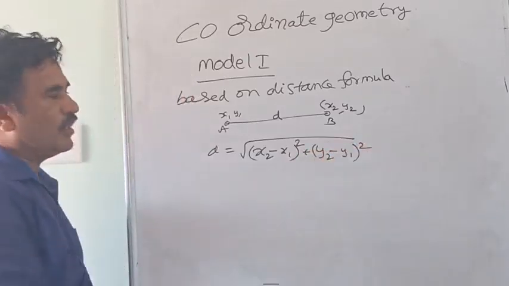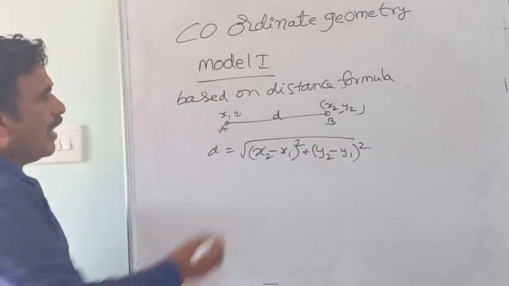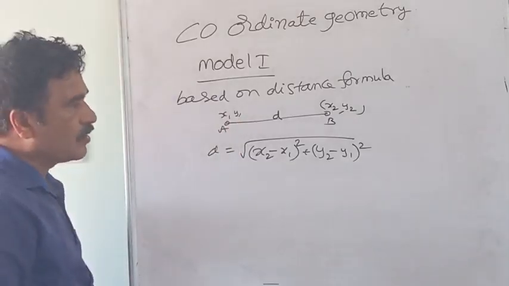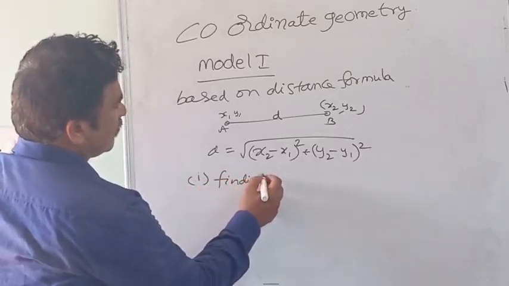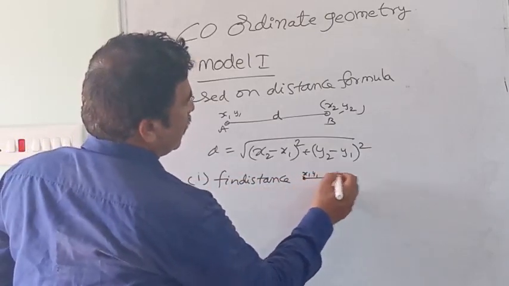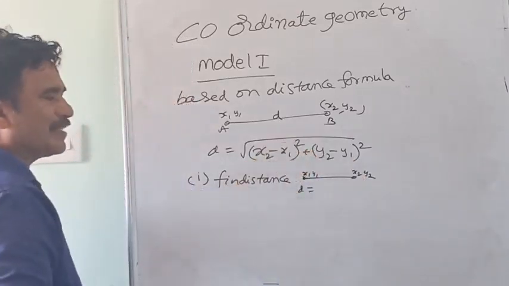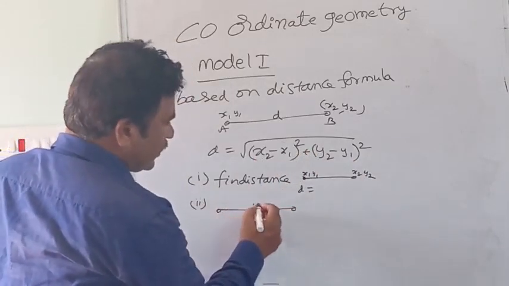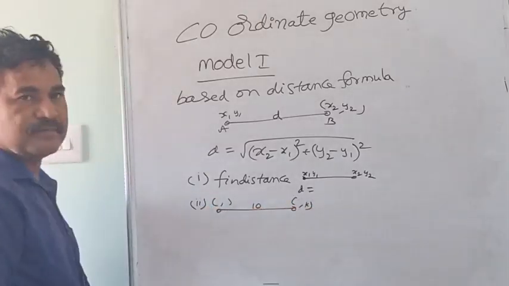Many students know this formula, but the problem is where to use it. Now I am telling you this distance formula is useful in many cases. In which cases is it useful? The first case: find the distance. That means he will give 2 points, x1, y1, x2, y2 values straightly, then use this formula straightly. In the second type, he gives the distance and some value in the points is missing.